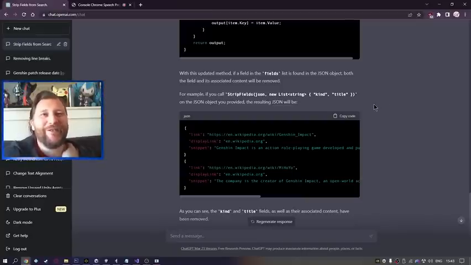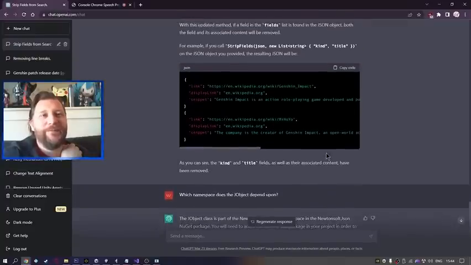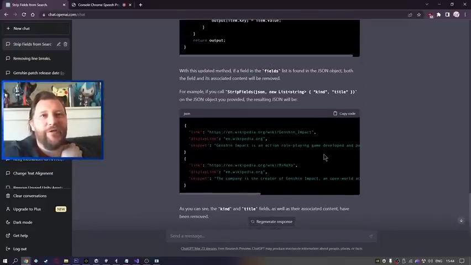That's awesome. That's really cool. For example, if you call strip fields with a JSON new list string kind title on the JSON object you provided, the resulting JSON will be this. Haha, that's so cool. That is really cool. Okay, so what I need to do then, before,